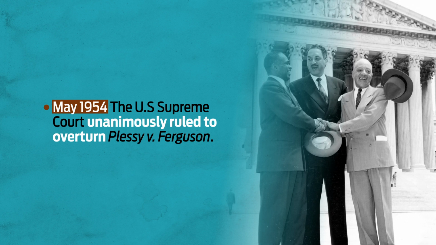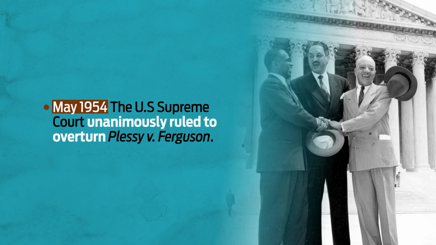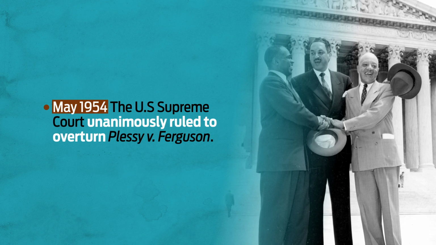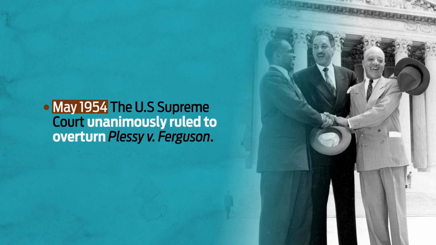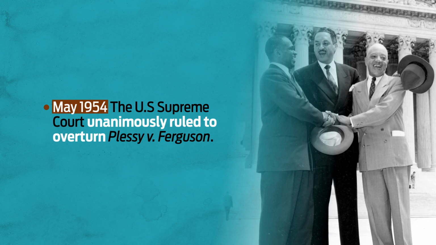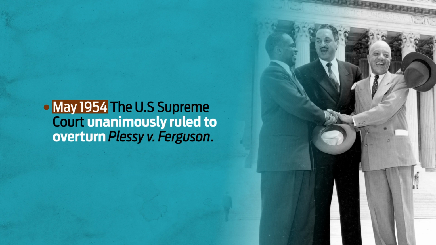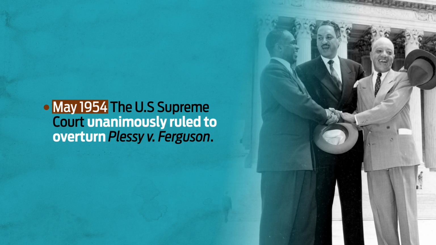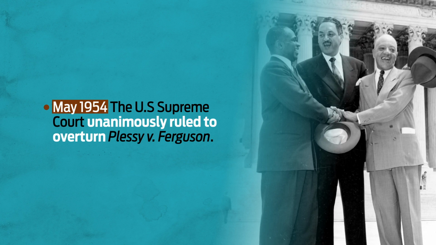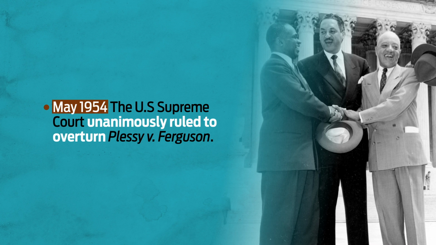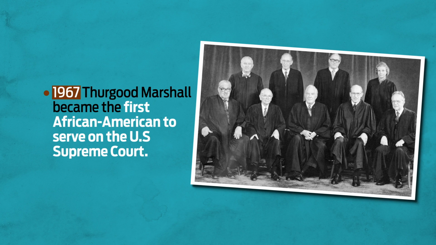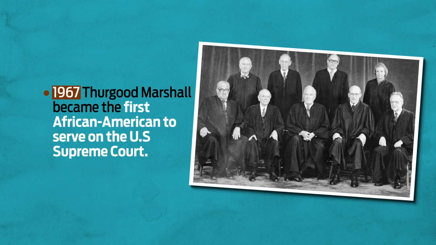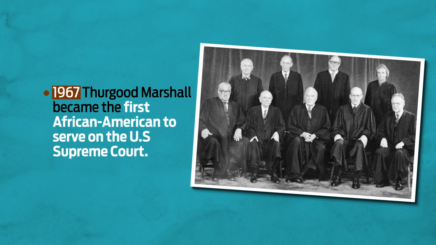In 1958, Arkansas's governor, as well as lawmakers, refused to desegregate schools. In the case of Cooper v. Aaron, the court reaffirmed its ruling in Brown and explicitly stated that state officials and legislators had no power to nullify its ruling. Thurgood Marshall later became, in 1967, the first African American to serve on the U.S. Supreme Court.